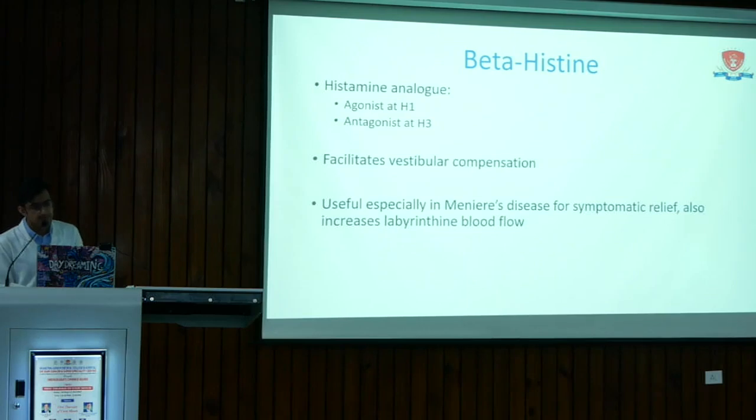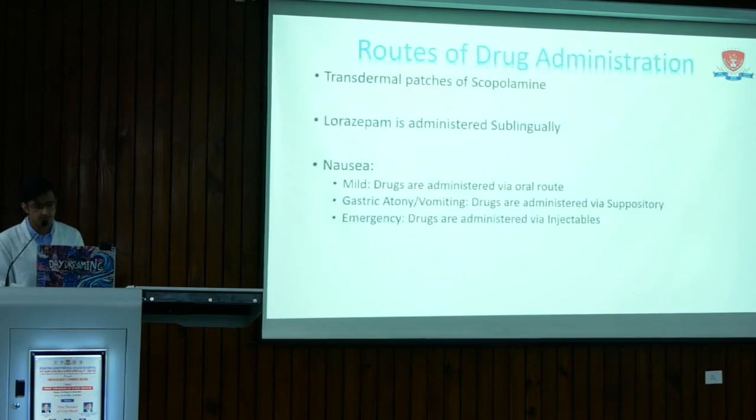Taking a look at betahistine, it is a histamine analog which acts as an agonist at the H1 receptor and an antagonist at the H3 receptor. It facilitates vestibular compensation and is especially useful in Meniere's disease for symptomatic relief, as it also increases labyrinthine blood flow. The major routes of drug administration are transdermal patches of scopolamine, sublingual administration of lorazepam, and